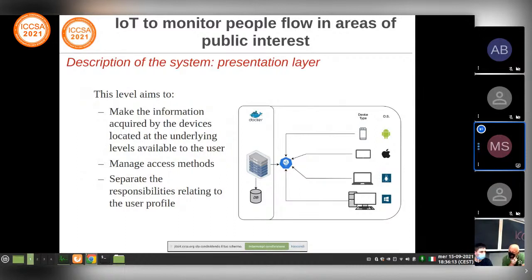The structure of this level has been properly tested in a variety of environments. We can say there is a Docker container that virtualizes the data archived in the MySQL database. And we have a server too, which runs on a virtual machine and exposes only the endpoints of the API that the application calls.